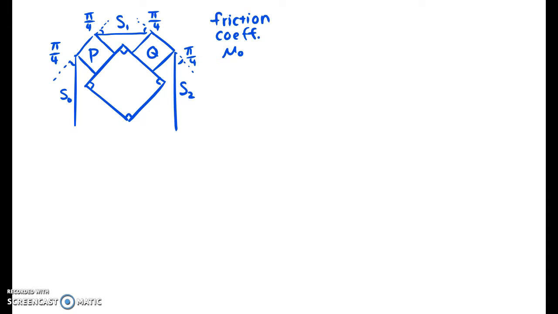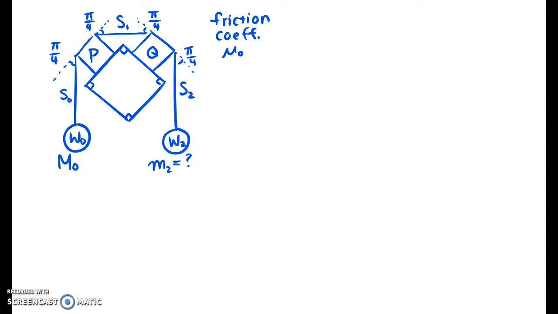But now we have a weight. We'll call it W0, weight 0, and it has a mass of M0 at the lower end of string S0. Now we also have S2, and we're also going to have another weight hanging from S2. Now we'll call this weight W2, and we'll call its mass M2, and we're asked to find what M2 has